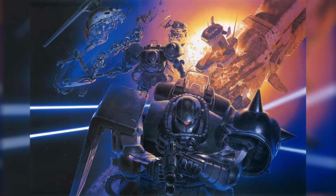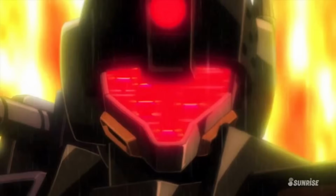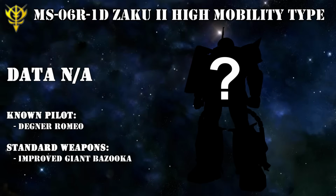And before we wrap up, I want to go back to the Zaku High Mobility Type R1A to talk about 2 obscure variants that I found. But just like those R2 variants that we just went over, they are of questionable officialness and canonicity. The first one is the